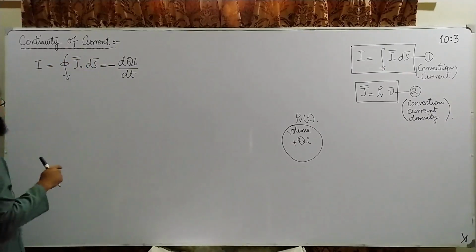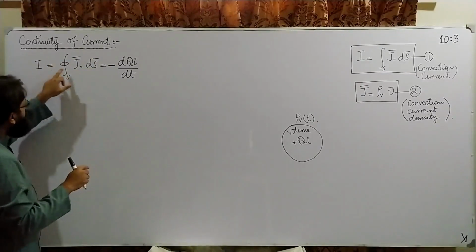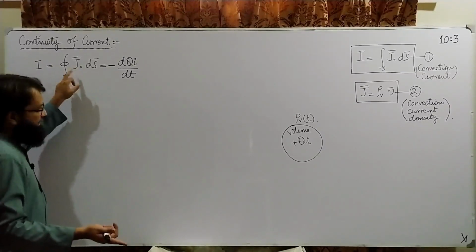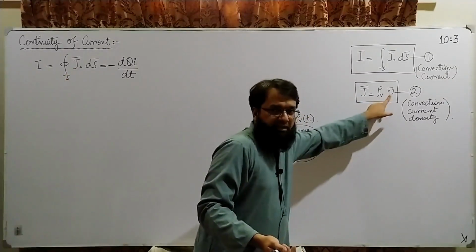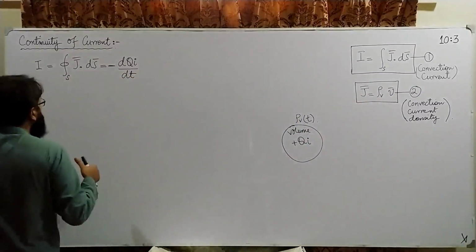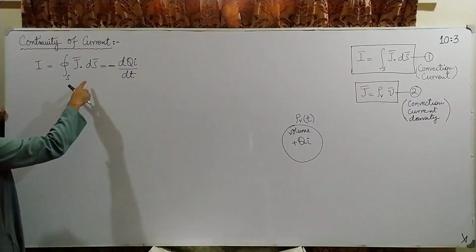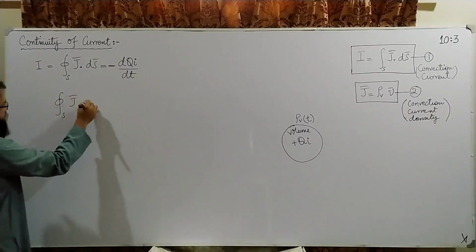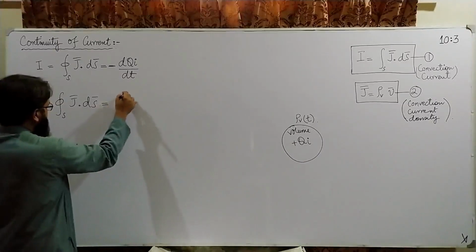In the case of electrostatics, Gauss's law had D here, which also belongs to flux density type of vectors, and this J is also a flux density type of vector because it has a sense of movement associated with it. All right, it means that we can apply the divergence theorem here, and the divergence theorem tells us that this can be replaced by